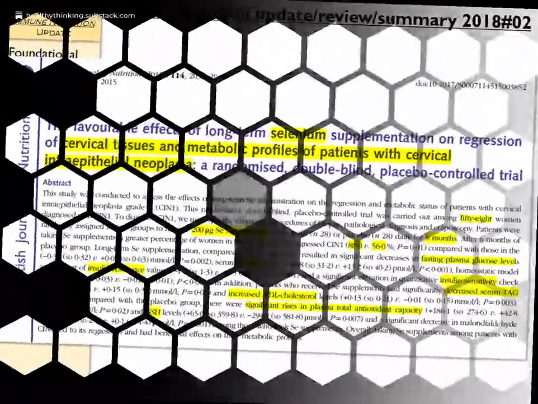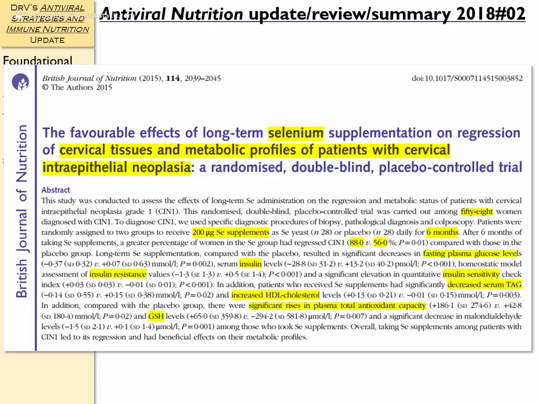So we're going to maintain this theme, talking about nutrition against HPV infection and its consequences. Today for Antiviral Nutrition Update 2018, number 2, we're going to look at this article from the British Journal of Nutrition, 2015, the favorable effects of long-term selenium supplementation